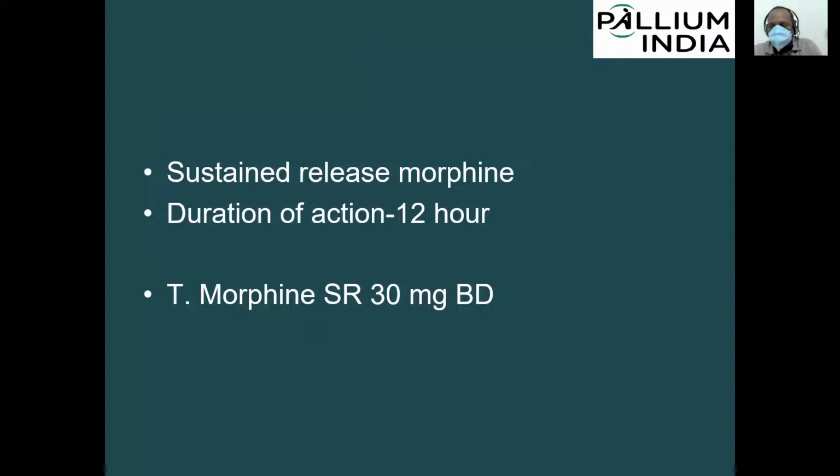Okay. So what is the advantage with the sustained release morphine? The duration of action is 12 hours. 12 hours. Okay. So the patient needs to take morphine only twice, once in the morning and once at night. So this patient is taking 10 milligram 4 hourly. So as Kusum told, total dose is 60 milligram. So you can convert it into tab morphine sustained release 30 milligram BD. Okay. So this is what you can do from a practical point of view. The only problem is the cost will be higher than that of fast acting morphine.